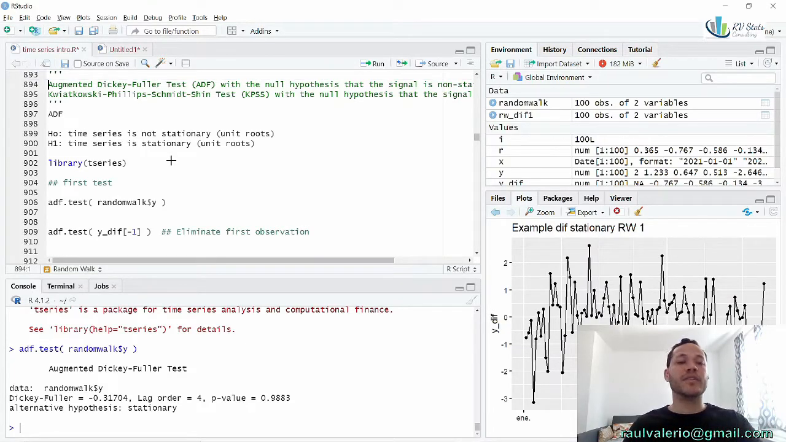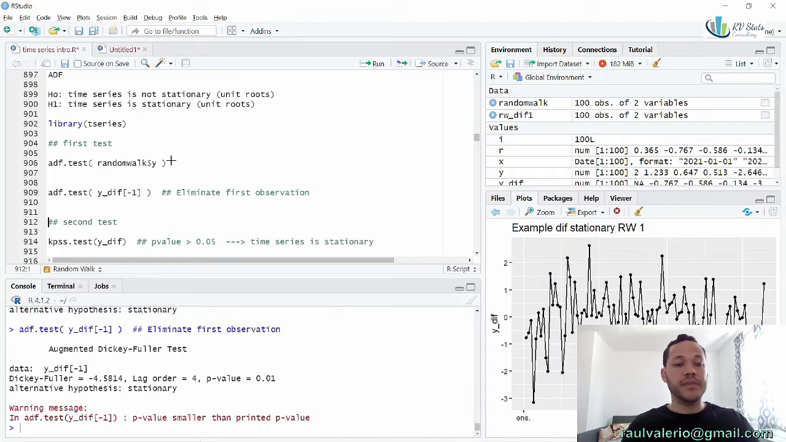And what about our first difference? As you can see here, I have to eliminate the first observation because it was null, and the ADF test cannot work with that in this case. And we're going to use it. Our first difference, we remove all that autocorrelation and we run it. Here it is. You can see here, p-value is less than 0.05, saying that we are working with time series